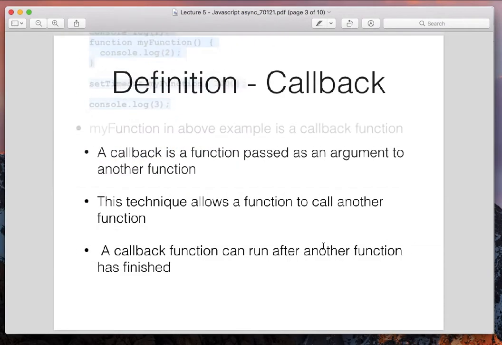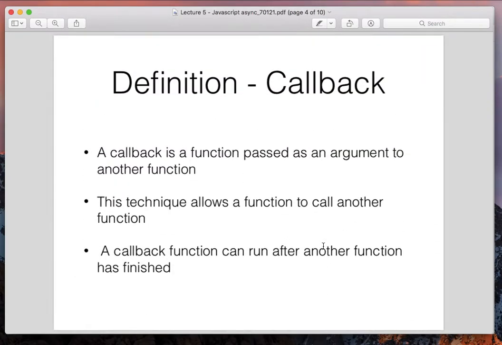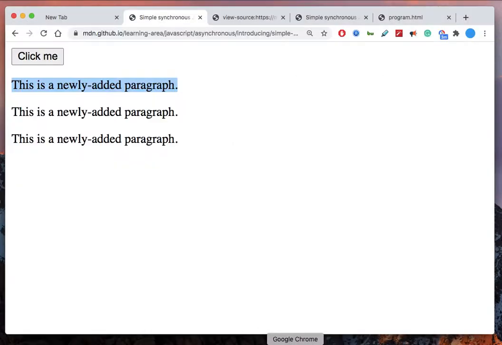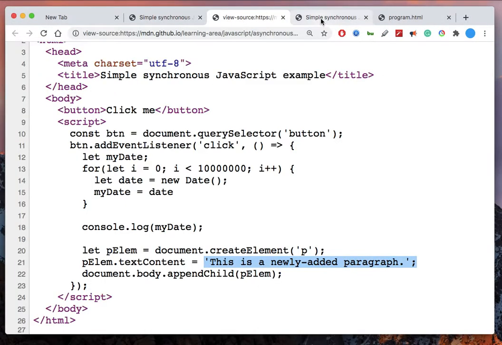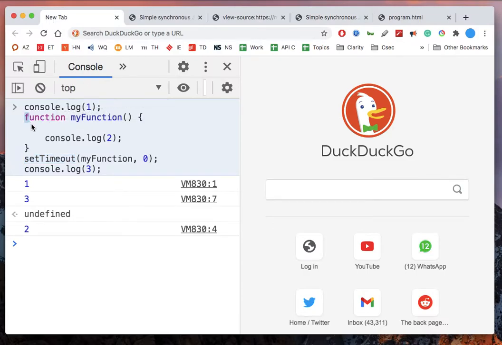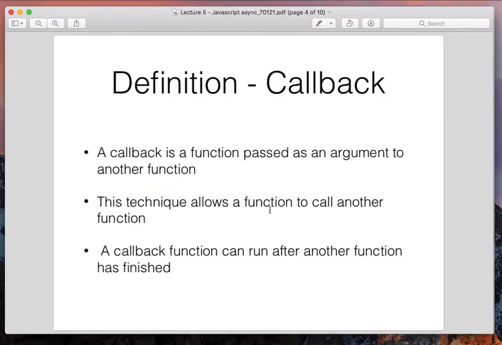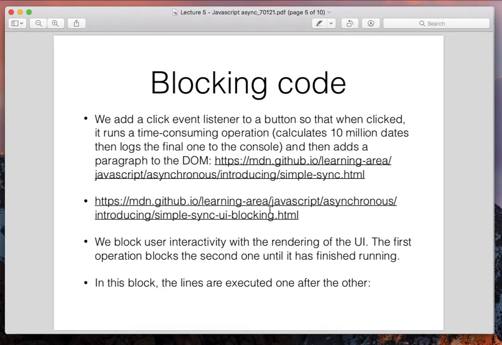We'll just see another example to close this, right? Just a few definitions. Callbacks you saw, right? It's a function that we want to call after that event. Like in here, my function is a callback function. So these are certain definitions you should understand. The set timeout function takes two arguments. One is the callback function and one is the time when you have to execute it, right? After how much time. So that is a callback function. Blocking code, we saw how generally we write blocking code. You can convert it into non-blocking code using some techniques like set timeout.